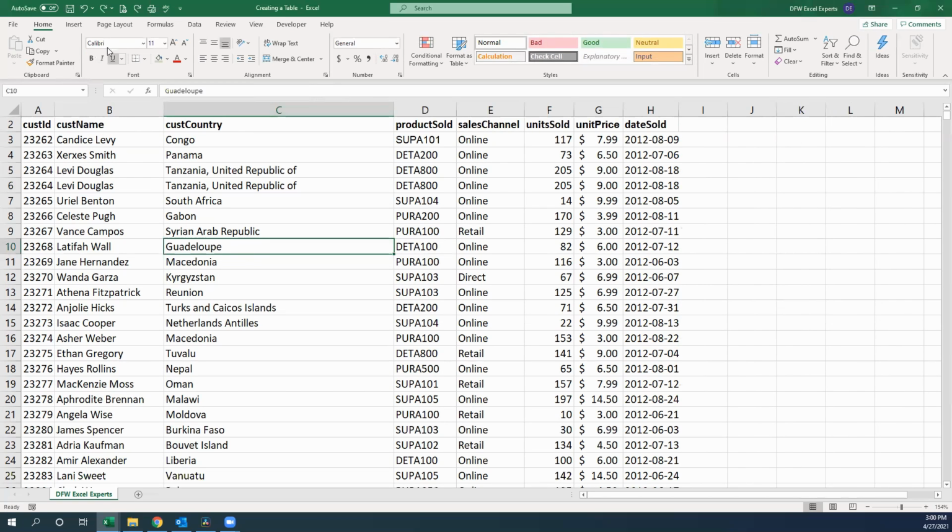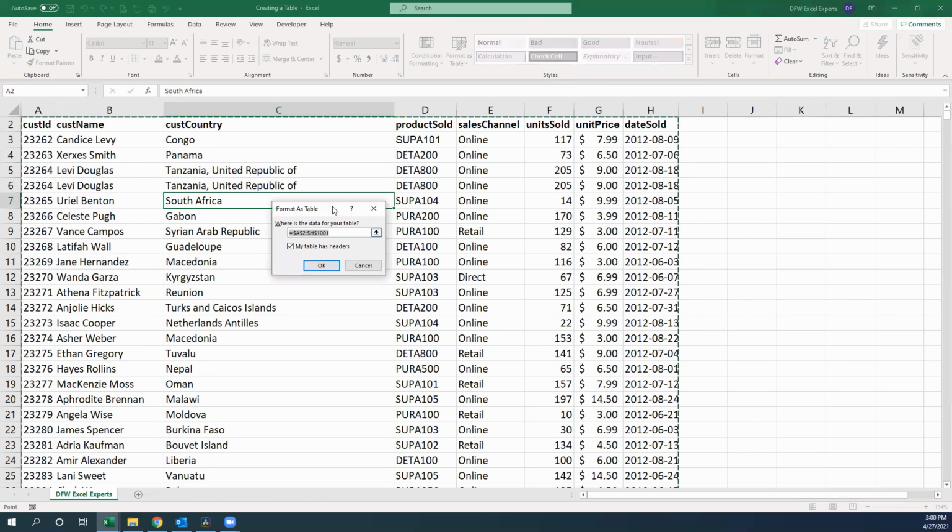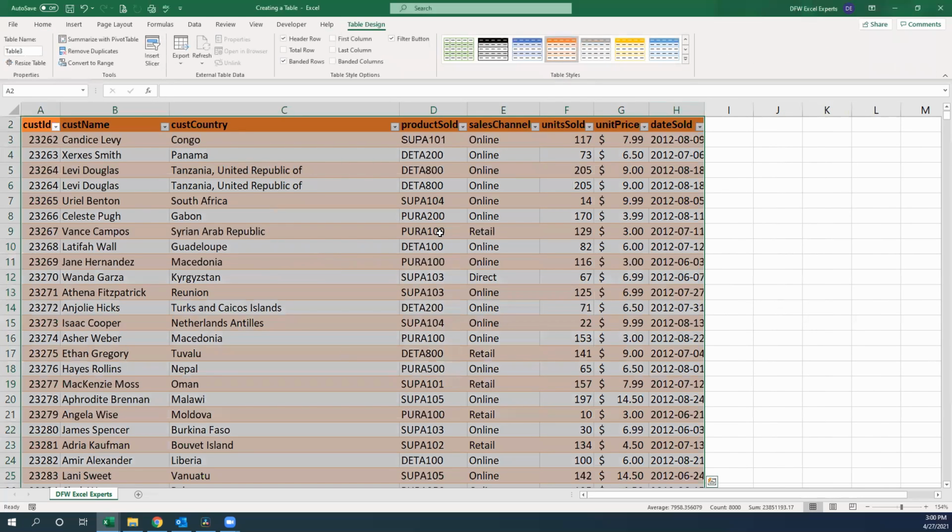Another way to do this is through the Home tab in your ribbon. You'll go up here to your Styles section, and you'll see Format as a Table. Now keep in mind, I'm still selected within my data. It's not going to work if I'm out here. I'm in my data, and I can click Format as a Table. And this way, it actually lets me choose which color, which I can always do after the fact, but it's nice to be able to choose that beforehand as well. So I'm just going to choose this orange color, and then it gives me the same pop-up dialog box. It has identified that I have headers, so I'll click OK,